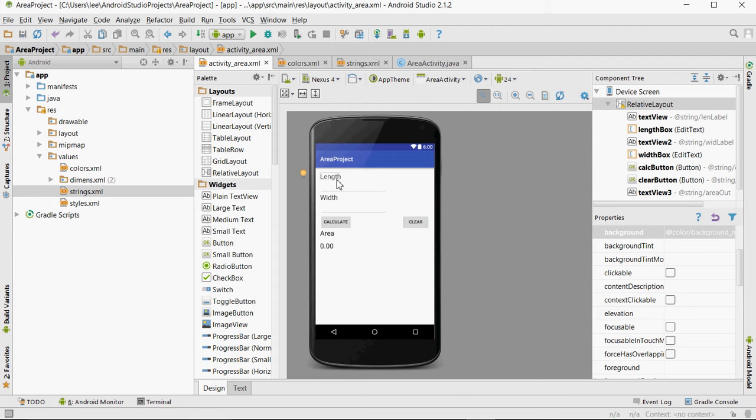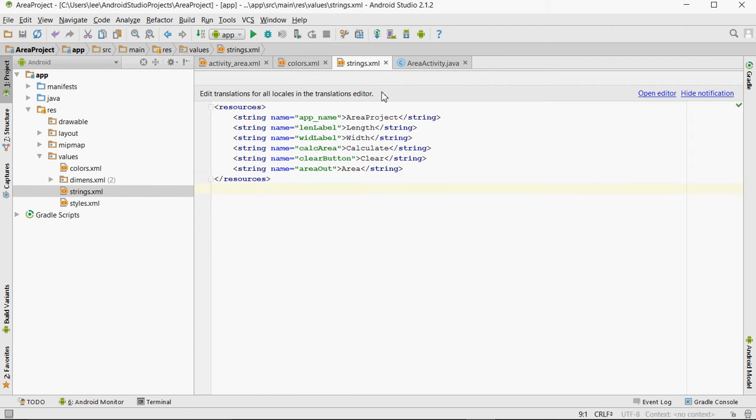On my screen, I have length, width, calculate, clear, and area. Those are what I need to translate into Spanish. To do so, I'm going to utilize, as mentioned, Google Translate, and I'm going to utilize the Locale feature of my strings XML document. So open up strings XML, and here are my English words that I've put in. In order to localize these, I'm going to go to Open Editor,